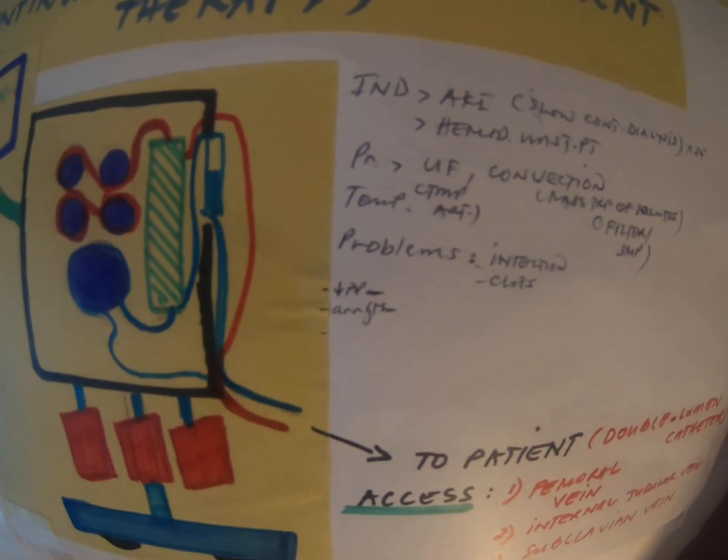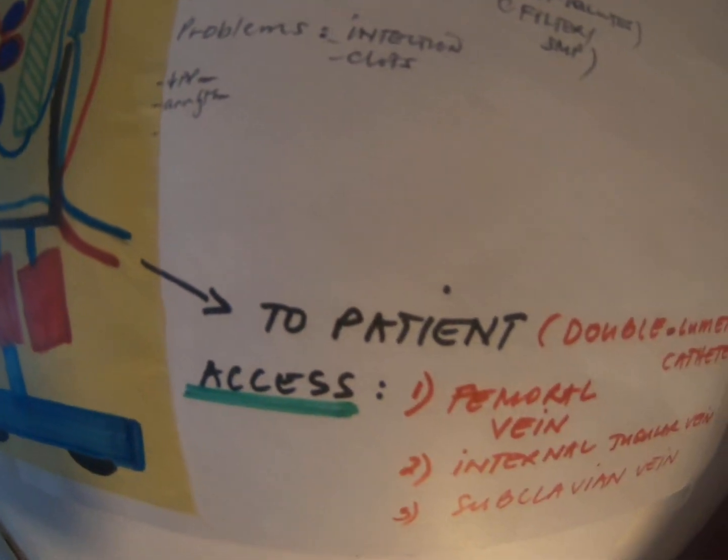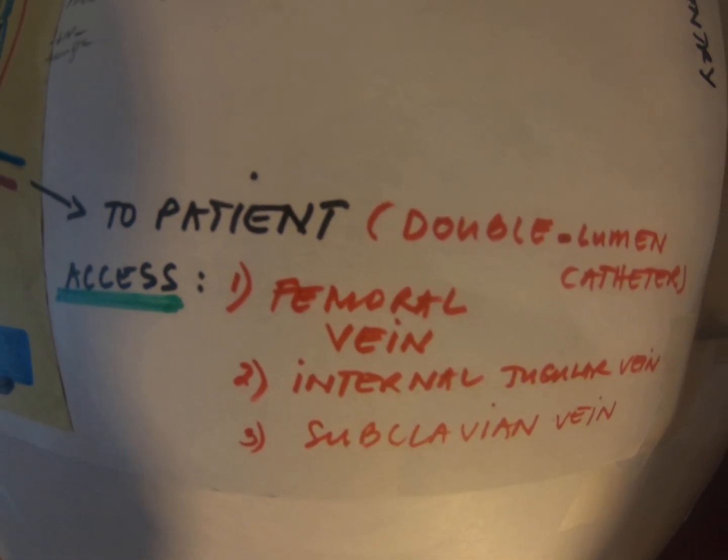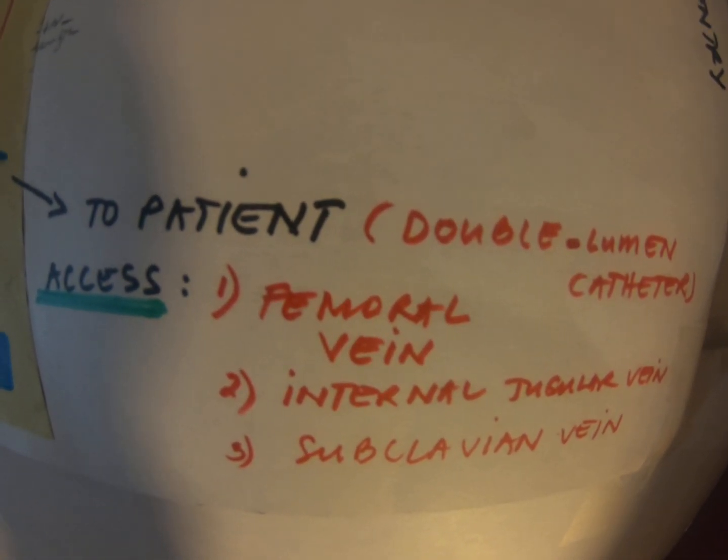So what are the accesses of this CRRT? They go to the femoral vein. Sometimes they will